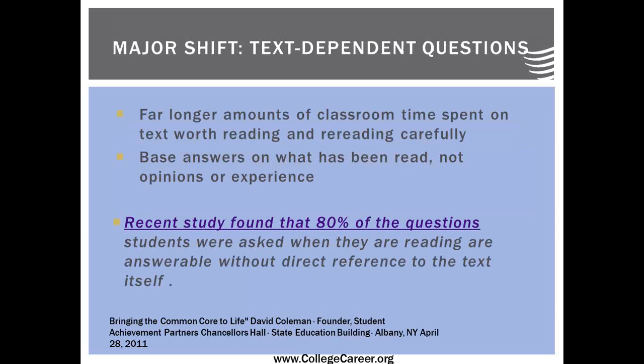Remember, though, you can change all that stuff. You can get Achieve3000. You can change your library. You can do a lot more nonfiction. But if I'm not asking the right kinds of questions, I'm never going to drive the student to that level of inquiry that gets them ready to solve the kinds of problems they're going to face in the real world, let alone the assessments. So one of the things that you need to do is really build out the skills